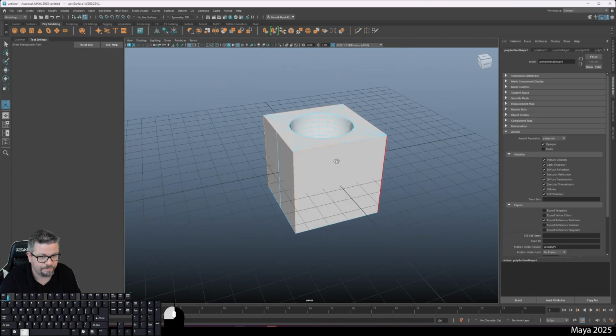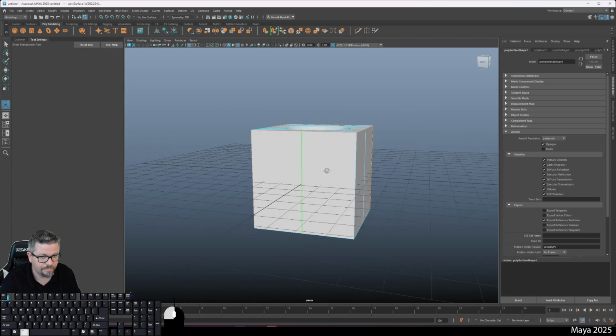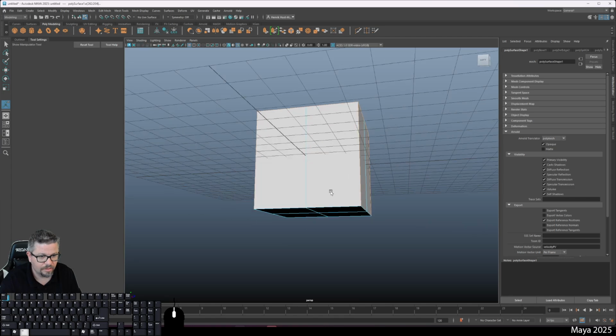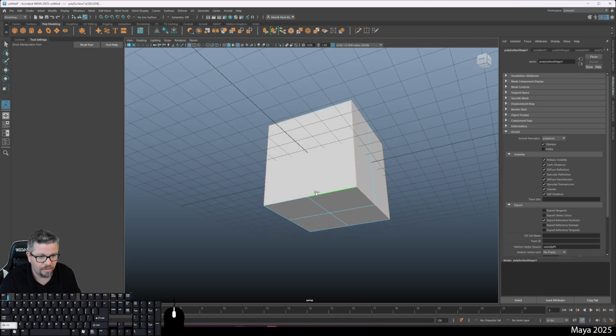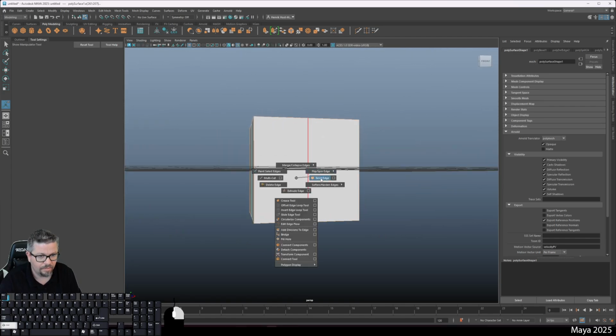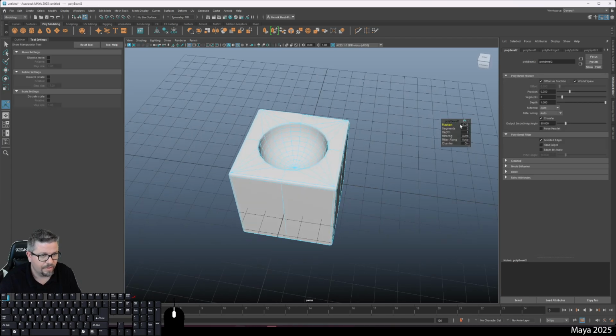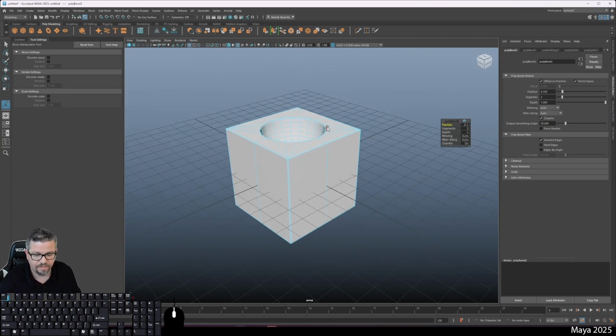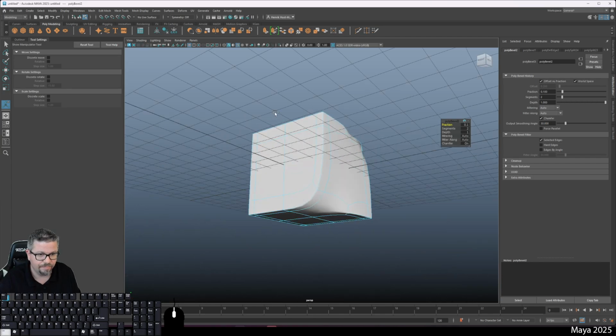Oh, I don't want that one. And run a quick little bevel. And that's fine. But if I wanted to make these slightly closer, I could do like 0.1, and I get a slightly sharper edge. But now if I tap,